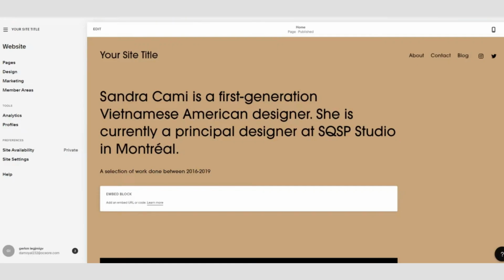Alright, so let's begin. The first thing that you want to do is open the Squarespace website on your browser. After that, sign into your account and you will be redirected to this page. Over here, you want to go into the editor, and once you're on your website, you want to hit edit